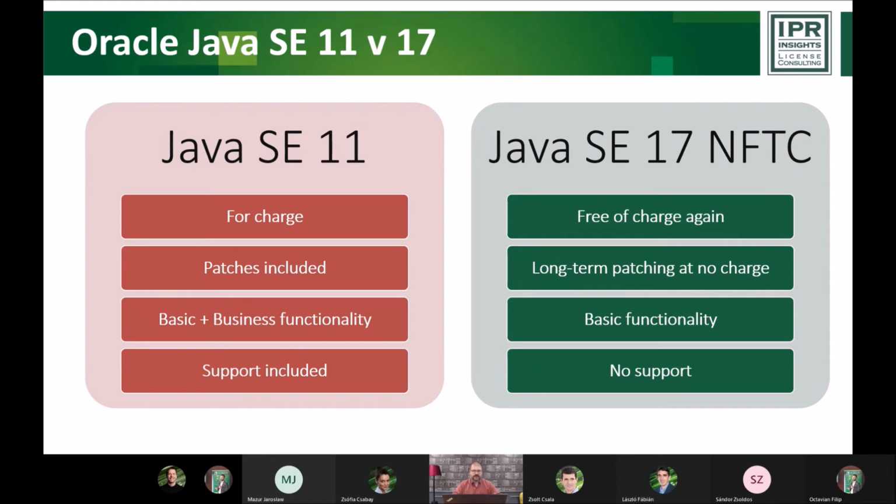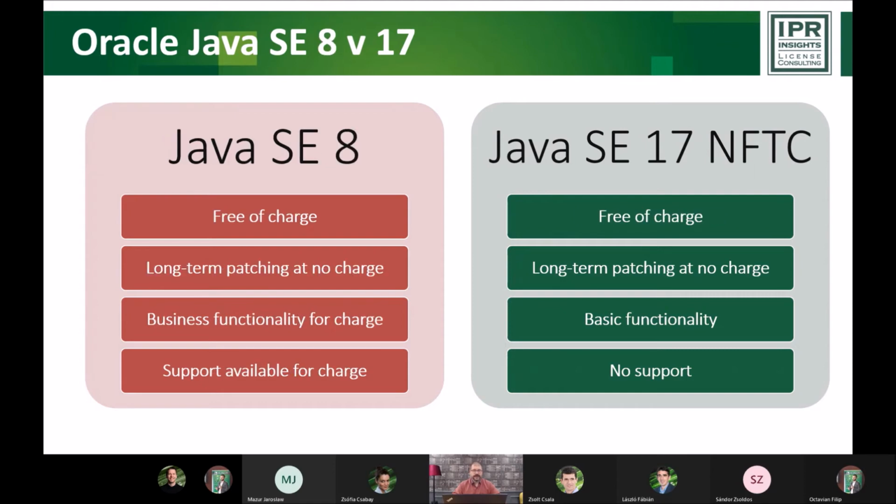Let's just reflect for a moment on the same for Java SE 11, and if we switch back and forth between these slides, there's nothing that differs between 11 and 17 for the subscription edition. I think the only highlight is that compared to 11, now Java SE 17 comes free of charge again after 8. So that was sorely missed for a number of years now, and now we finally have it back. So that's a very good thing.